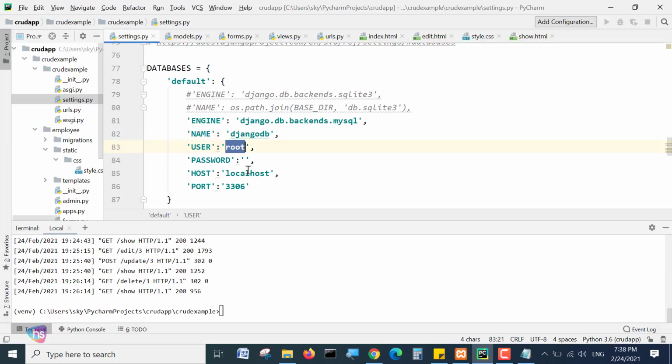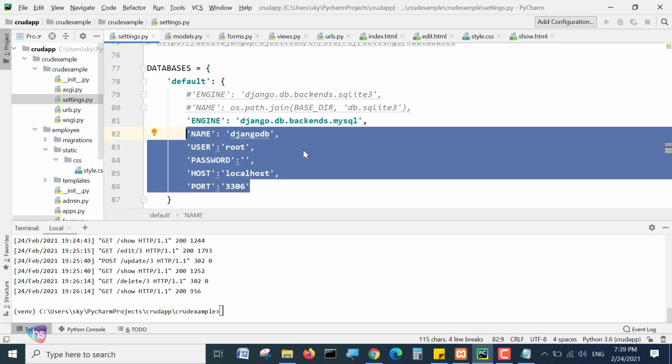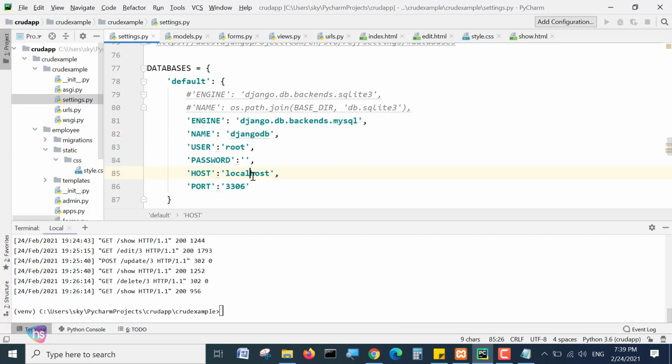Like see here, root, but the password is empty. However, see the name, user, password, host, and port. These parameters are mandatory here. You have to specify them to connect with the database from another environment. And in your production server, once you have created your app successfully and want to publish this project to any public domain, then you have to specify your password very clearly. Host means the IP address of the host where you are going to publish. And the port number for MySQL is 3306 by default. Okay, this is the configuration.